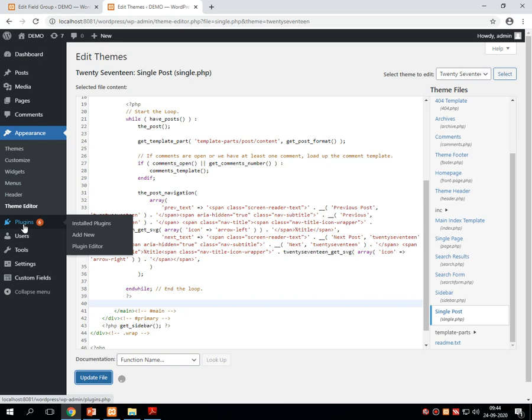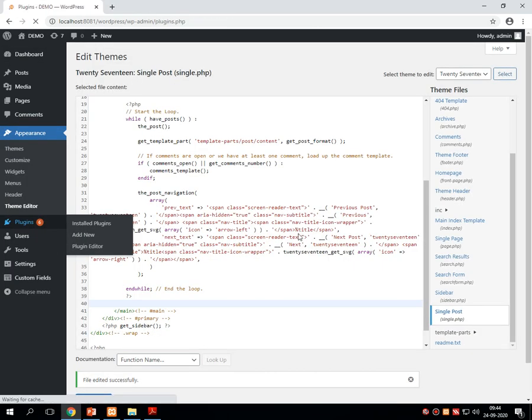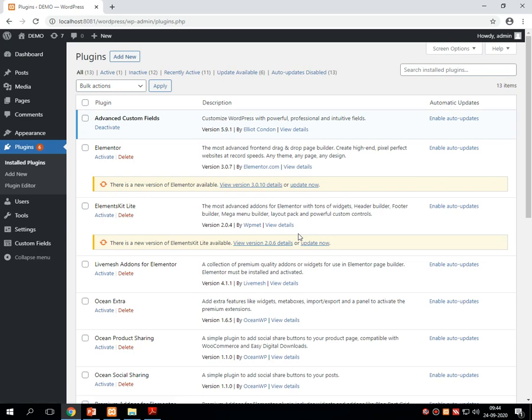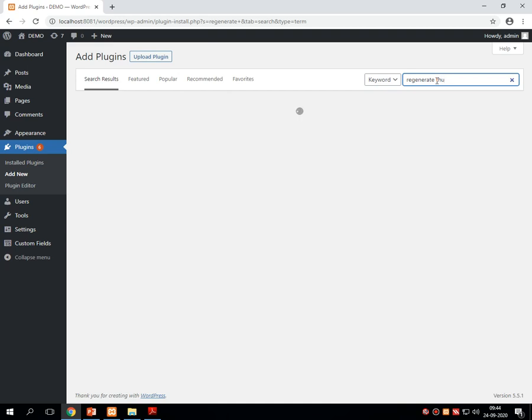I am going into the plugin section, click on add new, go into the search and type regenerate thumbnail.